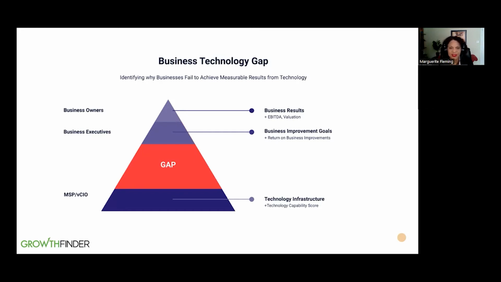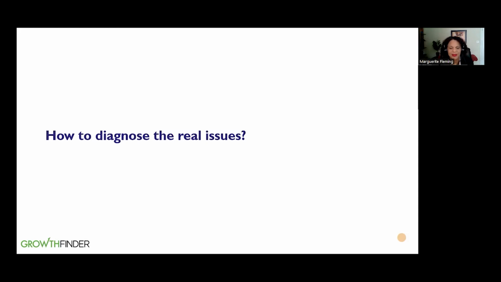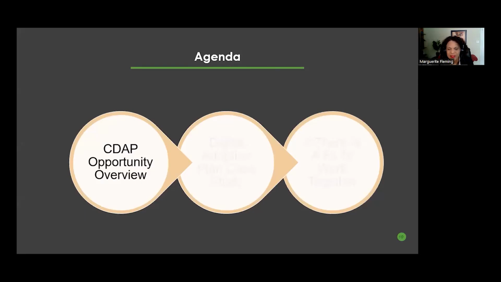So for small and medium-sized businesses, this is the opportunity to take a look strategically at this and be able to say, well, what is the real issue about why we're not achieving the goals, or what is the real issue on what we need to invest on to reach our goals, right? So what is that real issue? And that's really where the CDAP program